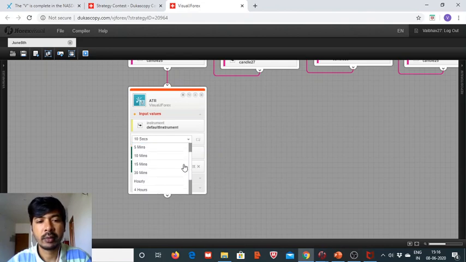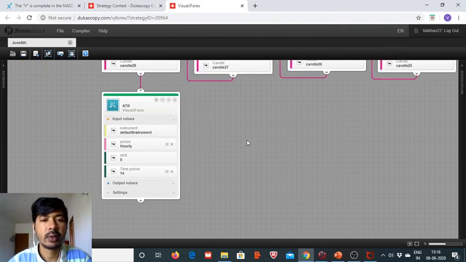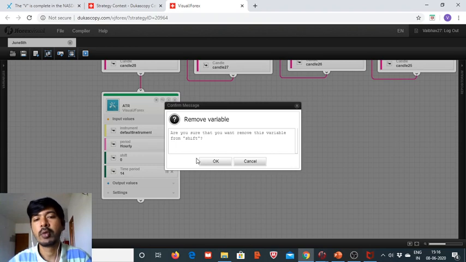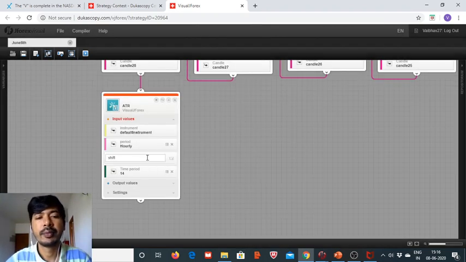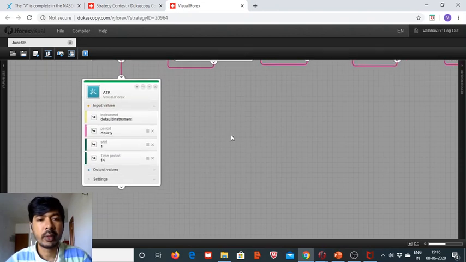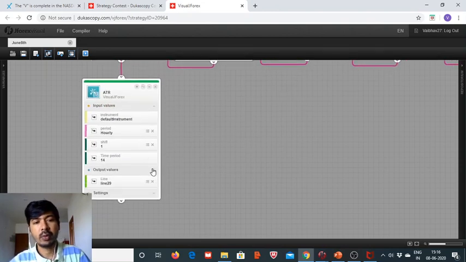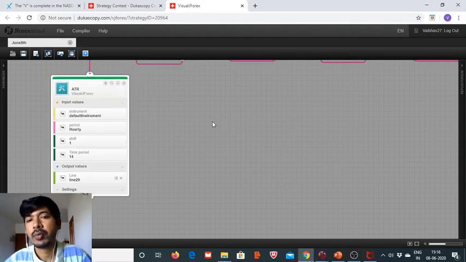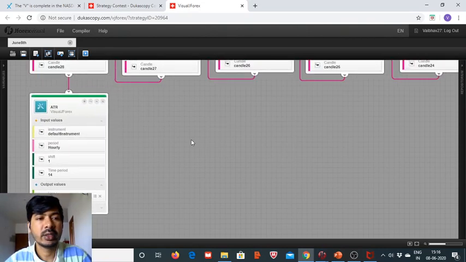So here we are going to utilize the hourly ATR setup, and the shift will be 1, the look back period is 1, and then we will take this value of ATR defined at 1 hour to do the necessary calculation for